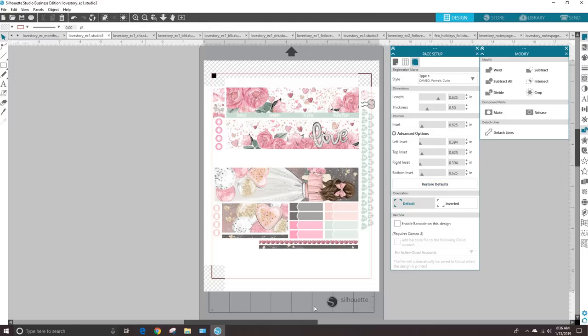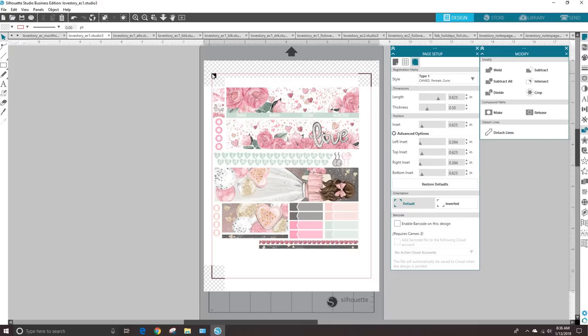So once you have everything on your page that you want to print and you're ready to send it, now see, this wouldn't work because it's in the red line, so I couldn't put that there, but I was just trying to show you guys. So let's put that back where it was. Okay, so once you have this all filled up and where you want it, you could print it, like I said, if you're hand cutting. But if you're not hand cutting and you're using your Silhouette,